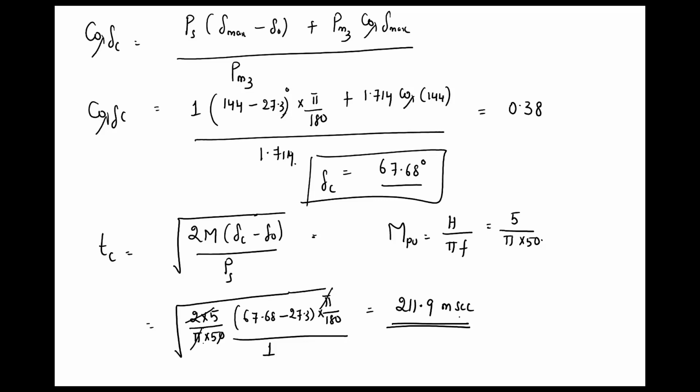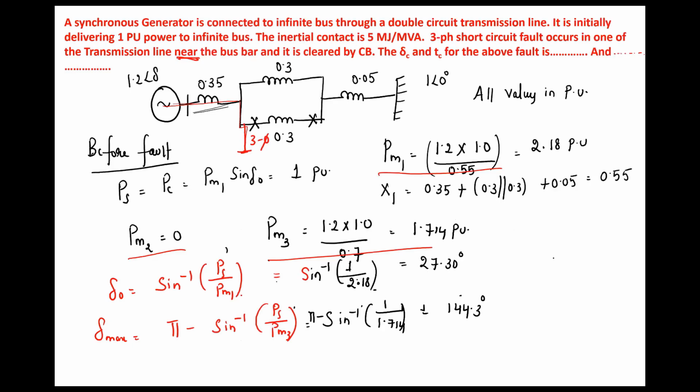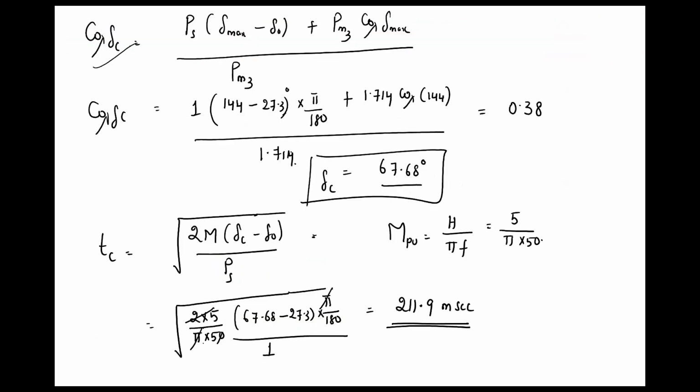So tomorrow or day after tomorrow, when you get this lecture, just practice this problem by using your calculator so that you get the feel of the things, how you are going to get these values. Understand? So in this question, the one thing you have to remember is what all the data required to calculate critical clearing angle. You require shaft power, Pm3, delta naught, delta max, and to calculate tC you need the value of M per unit, delta C and delta naught. Always you must substitute in radians and shaft power in per unit. Understand?